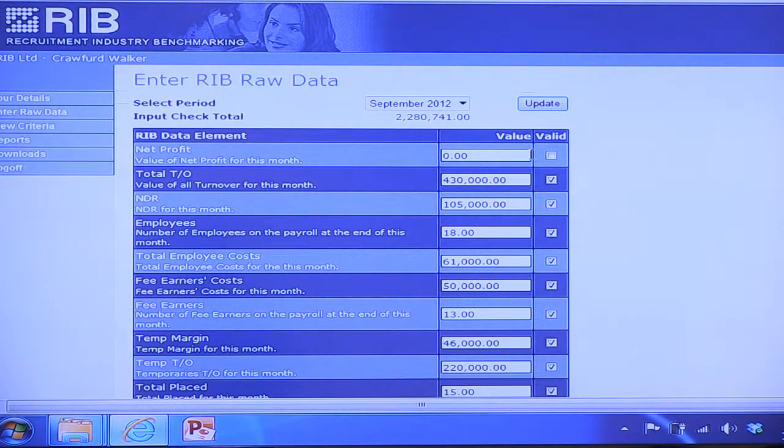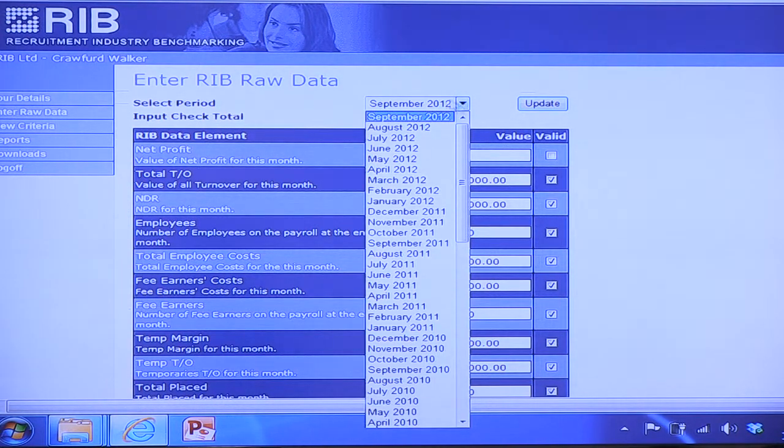So let's look and see how you put your raw data onto the index. First of all, you'll access the website, put in your username and password, and this screen will come up for entering your raw data. As you can see on the top left-hand corner, the name of your company will be shown, and then the month of inputting that you're proposing to do is shown with the opportunity, the latest month that is, and if you click on there, then it shows all the previous months